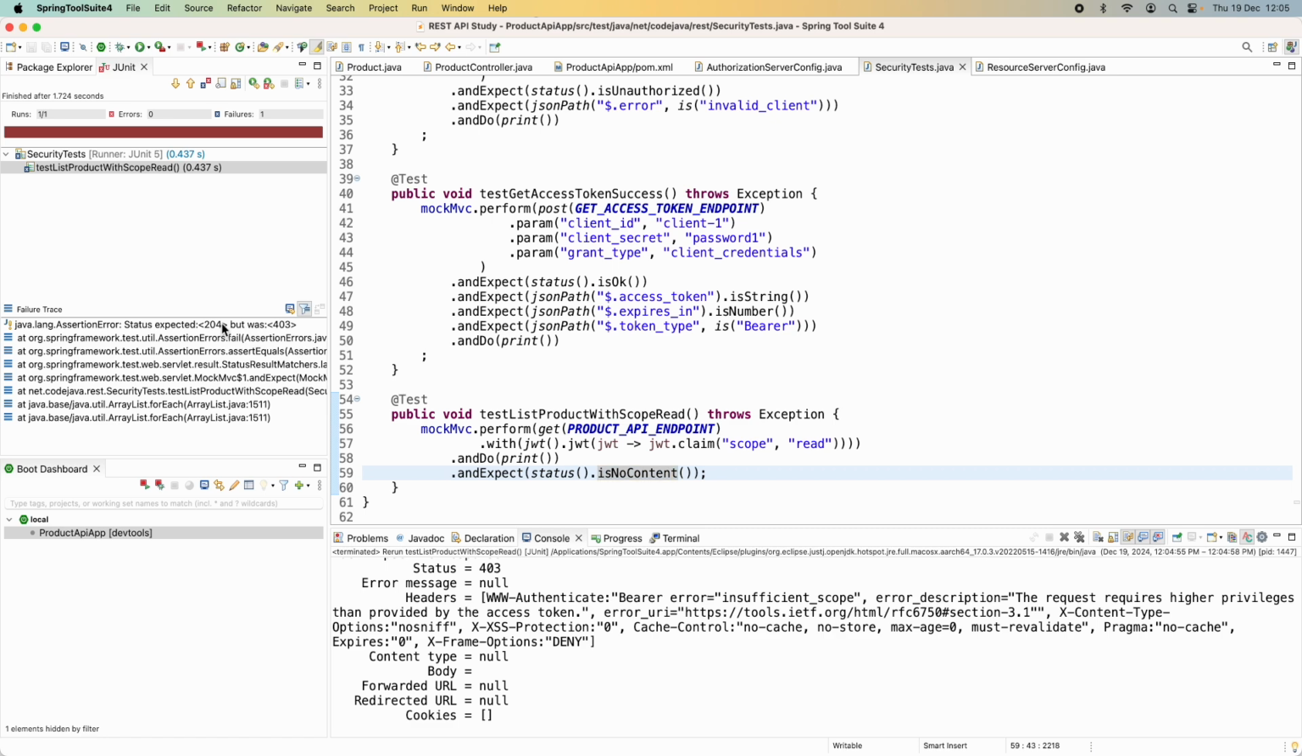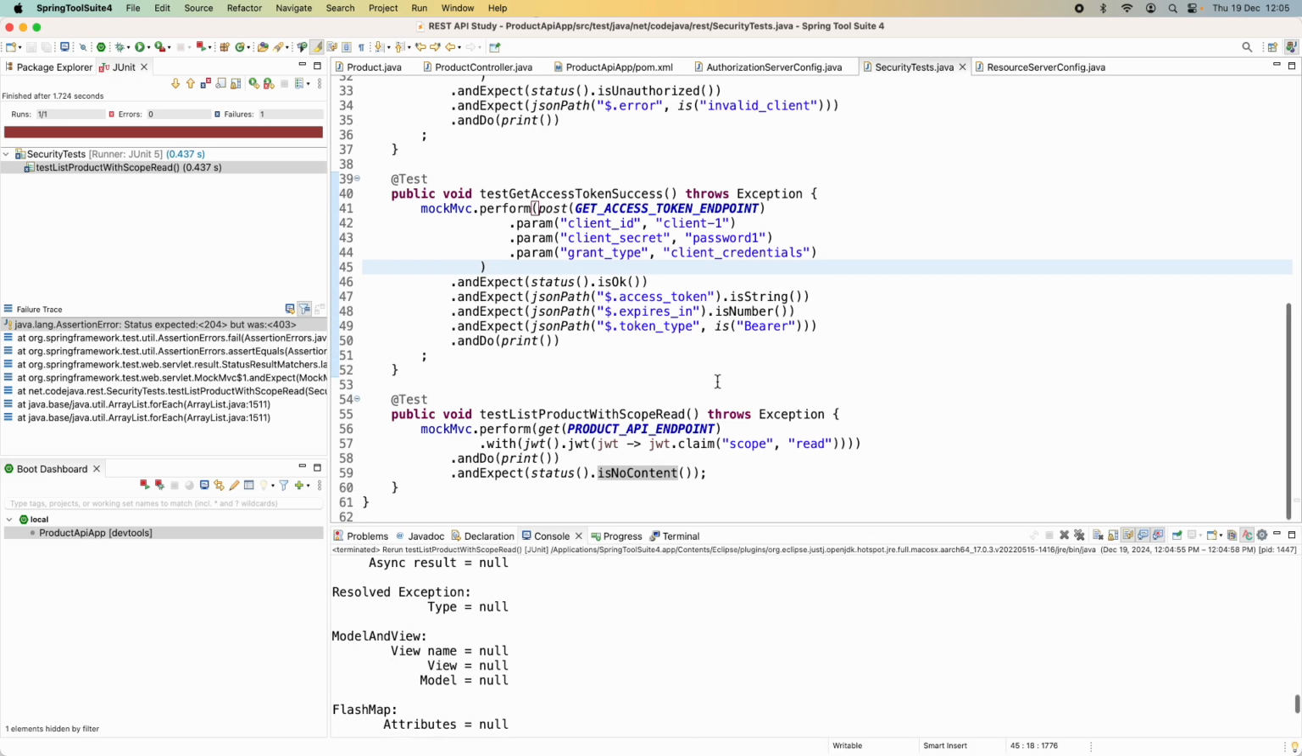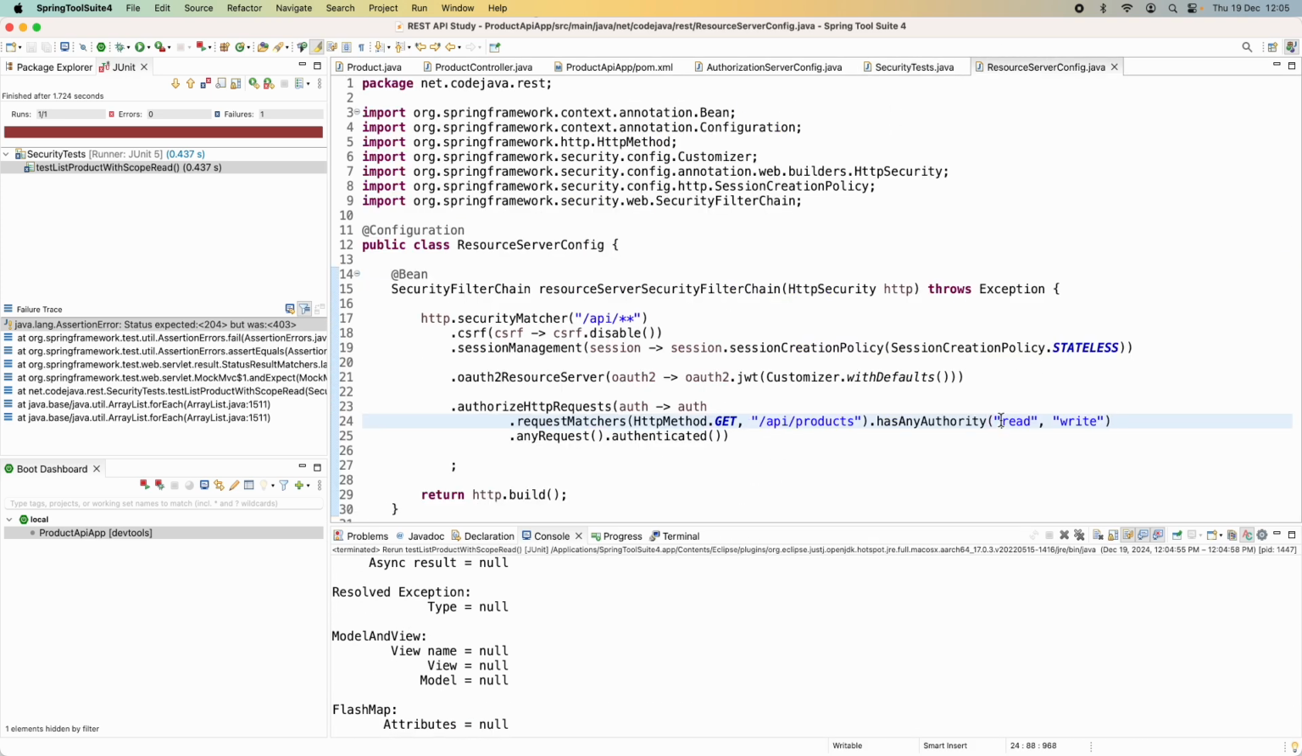Now you see we got another error. Expected 200 but was 403. Fault 3 means that the client, you see the error in the response header here, insufficient scope. Okay, to fix the error, we need to update the hasAnyAuthority method here. We need to prefix with SCOPE like this,